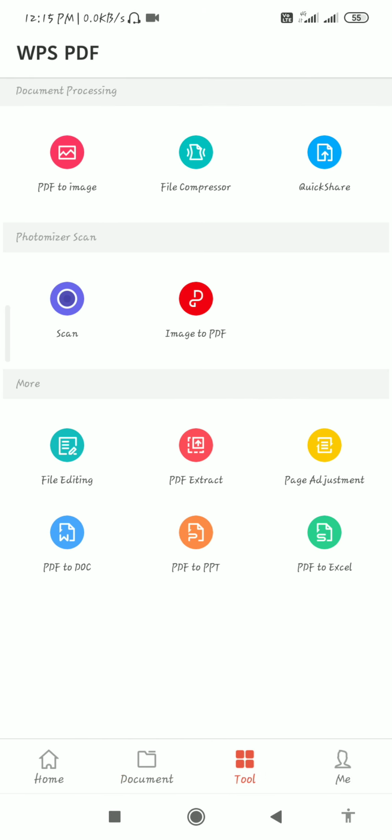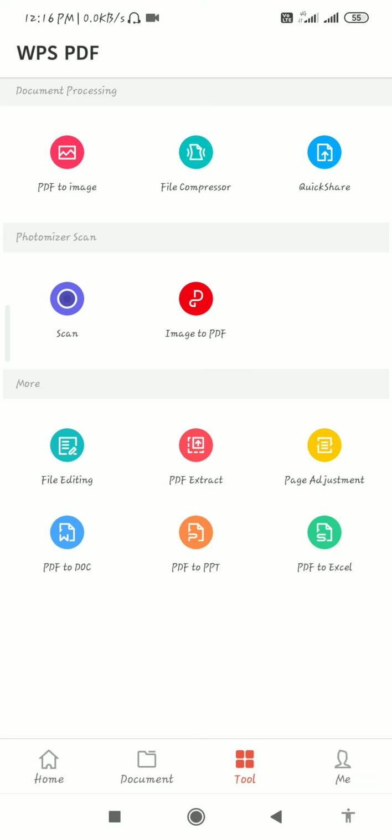Now here is the tool option. Here you will find a lot of tools. There is an option to convert PDF to image, an option to resize the PDF, an option to quick share the PDF with other users, and an option to convert image to PDF.